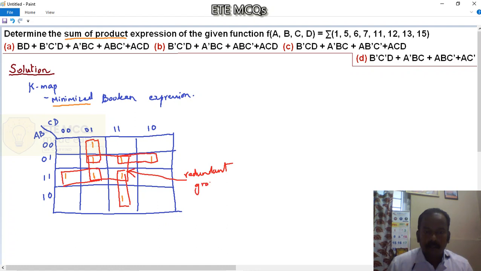Redundant grouping, which is not at all desired. This is completely incorrect. The main idea, the point I would like to drive, is to choose the one which has only one possible way to group. You need to choose the grouping in such a way that there is only one possible way to perform grouping. That kind of one you need to choose first. Once you do that, we won't be performing this kind of redundant grouping.